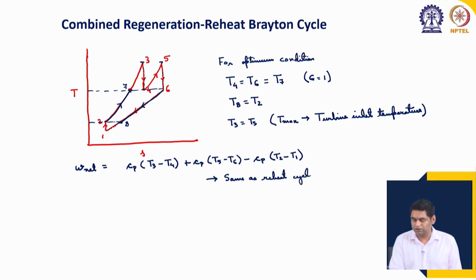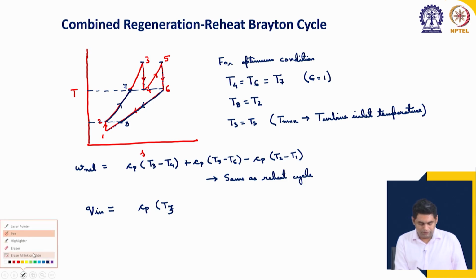Same as reheat cycle. What about the efficiency? So, efficiency will also depend on the net heat addition, and the heat addition decreases because of the regeneration, which we want, of course. So, the heat addition is now, there are two heat additions, one is the primary combustion going from 7 to 3. So, the heat addition is T C p